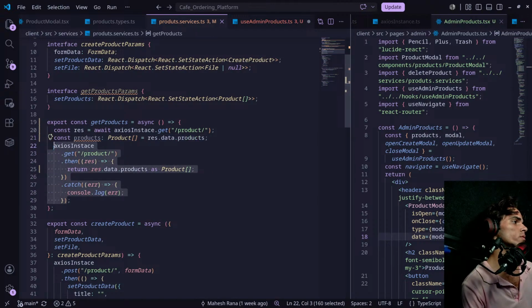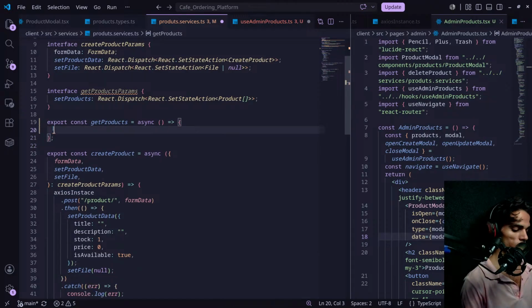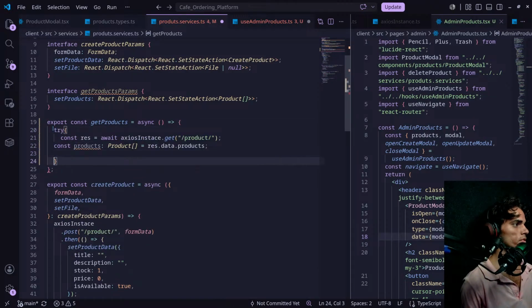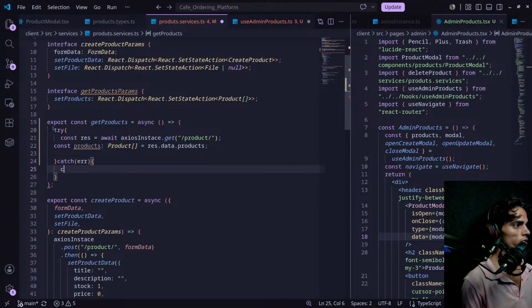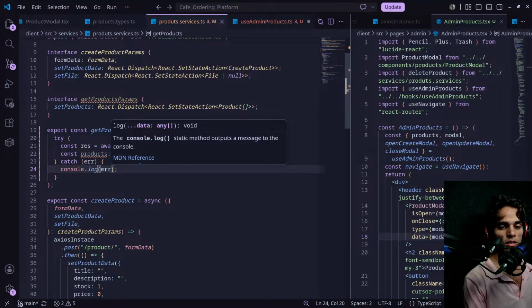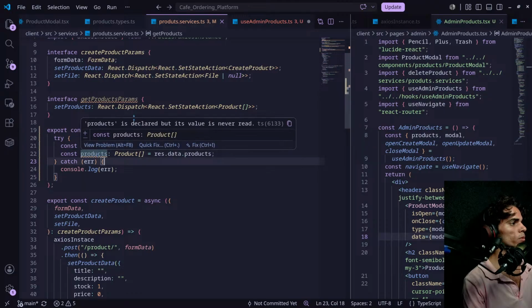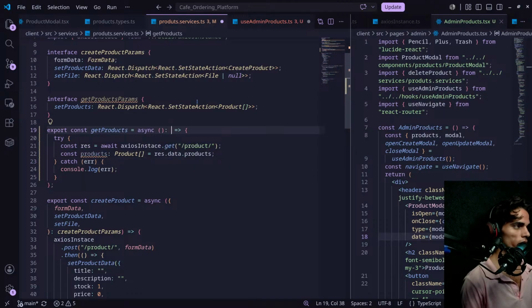Let's cut this for now, and let's wrap this something like this. Here we'll have error, console.log error. देखते हैं, वेट करना, थोड़ा एक प्रॉब्लम कॉज कर रहा होगा अभी यहाँ पे। प्रॉब्लम क्या, प्रोडक्ट, ठीक है। सो लेट्स सी हियर विल बी रिटर्निंग प्रोडक्ट ऑफ दिस।